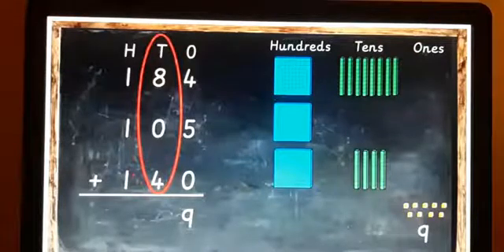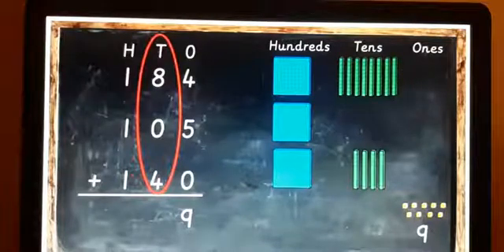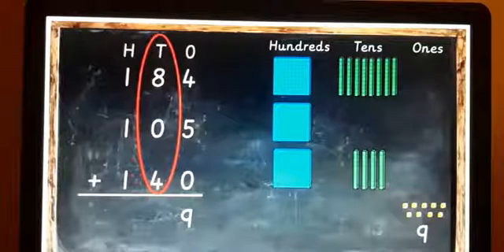So what will it be? 8 tens plus 0 tens plus 4 tens. If you add, count on your fingers and write the answer now. 8 plus 4, 8. After that, next counting, 9, 10, 11, 12. The 4 fingers, right? So you got 12. So how will you write 12 here? The 2 should be written into which place? Tens place. And 1 should be carried to the hundreds place. We'll see there. You'll understand here.